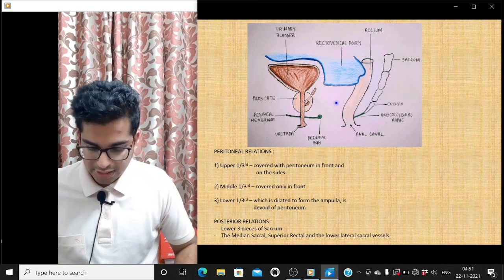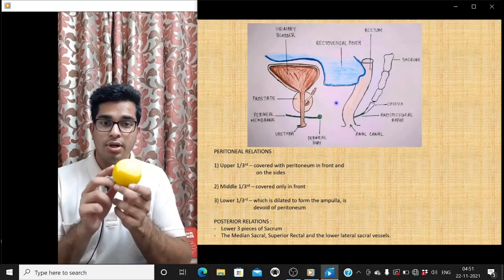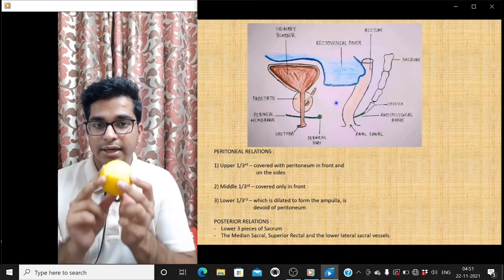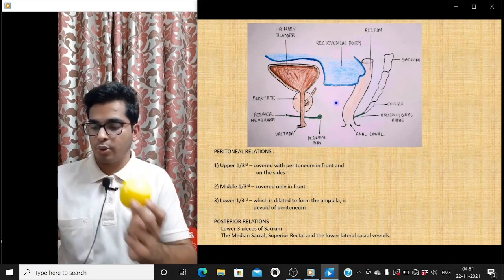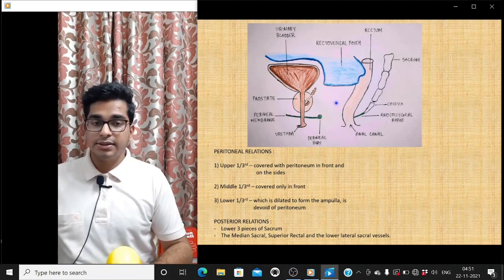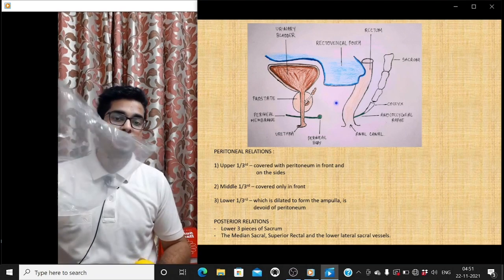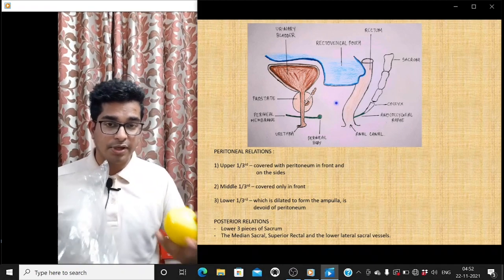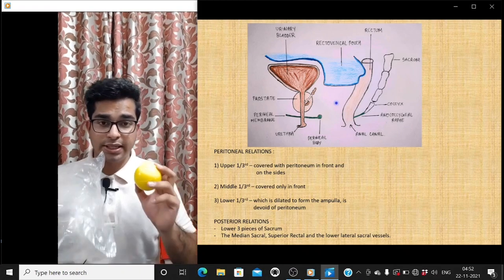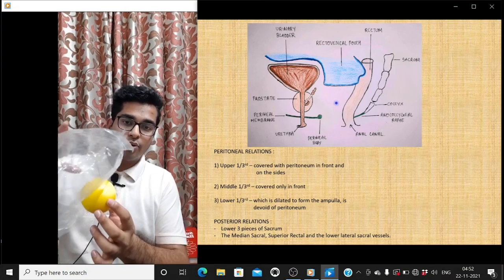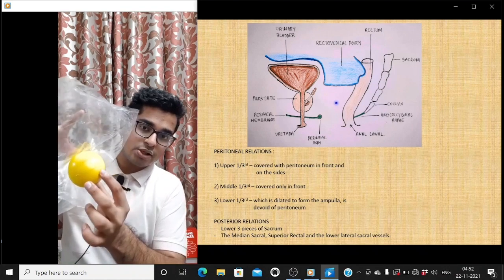Okay, let us consider this ball. This ball is an internal abdominal organ, and it has to get embedded in your peritoneum. Now let us assume that this is your peritoneum. This whole covering is your peritoneum. Various organs, not only the rectum, even the liver, the stomach, the kidneys, every organ is embedded inside the peritoneum. See, now this organ,